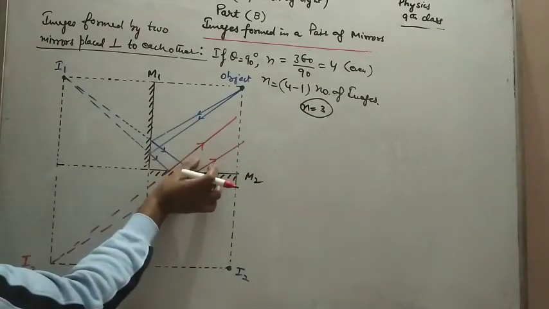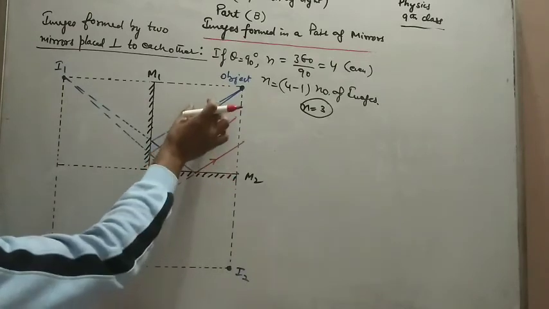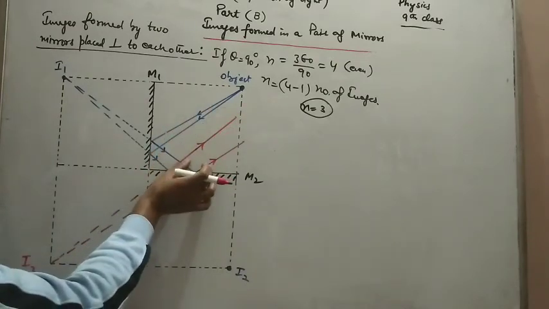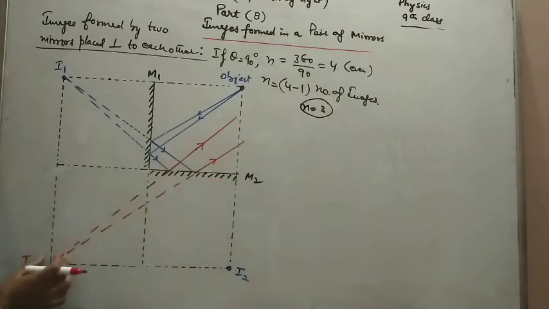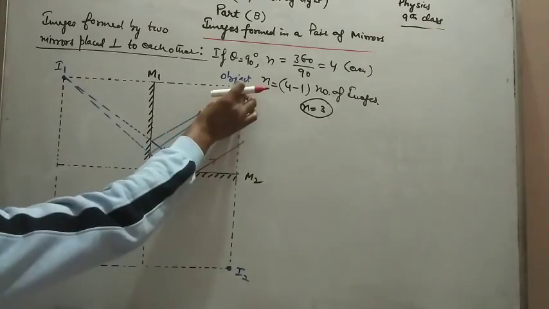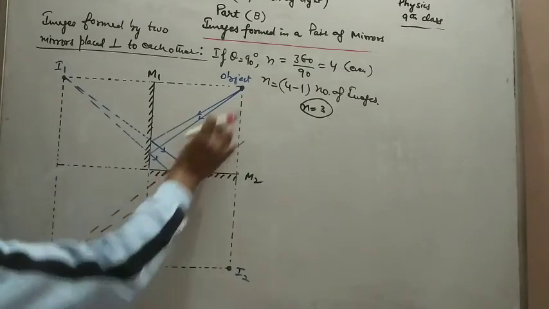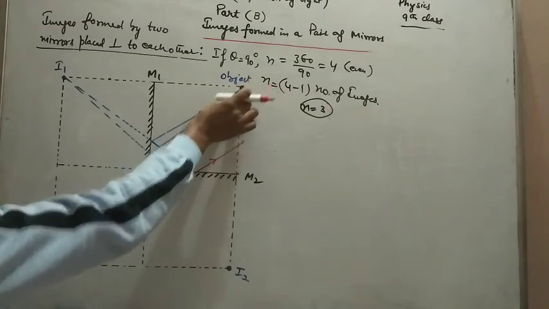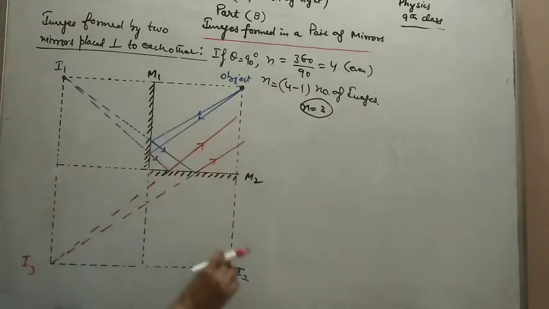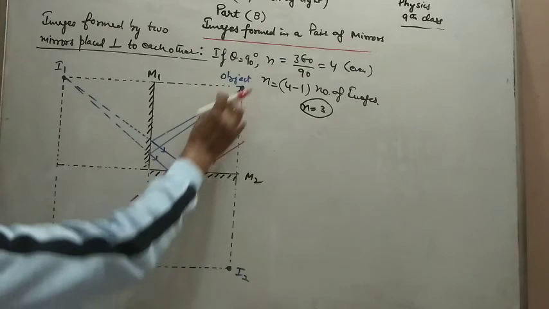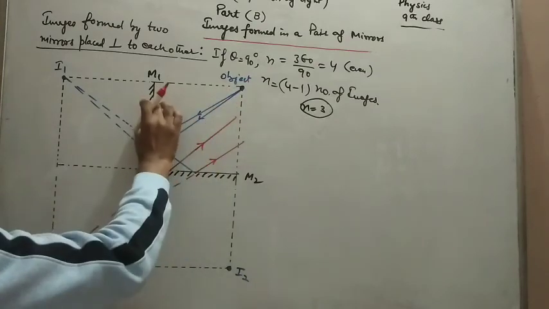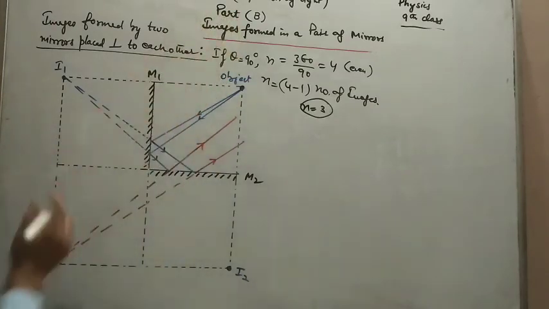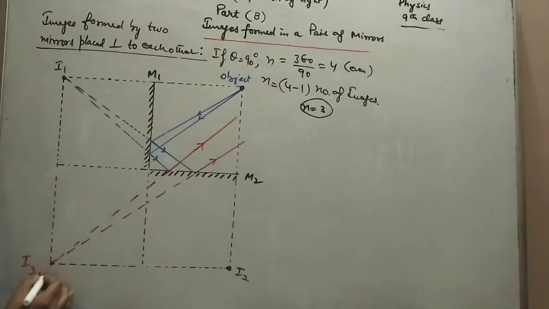These 2 rays you can take to this side, and then you can produce another image, because these 2 rays will first form an image over here. In this way it will be incident, and then it will form an image over here, and when 2 rays are incident over here, they will reflect to this side and then reflect to this side. So one more image you will get, that is I4. So I3 and I4 are forming at the same position.